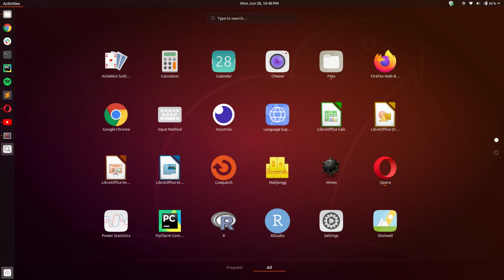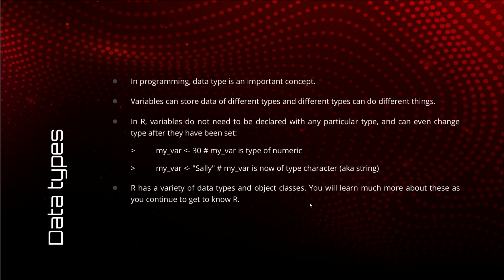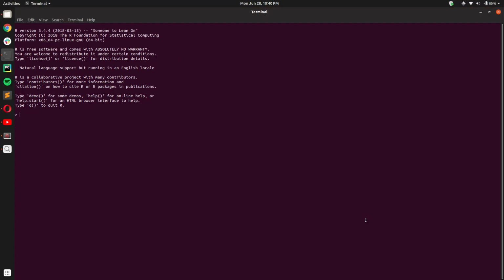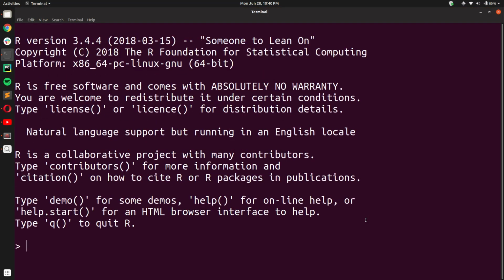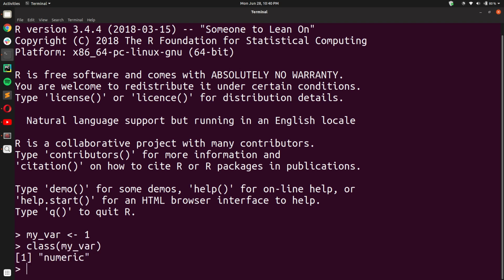Okay, so let us see an example. Let us launch R. Okay, let me just zoom in a bit. So let us say we have a variable called myvar and we give it the value of 1, and we can check the type of a variable by using the class function. So class myvar says numeric.